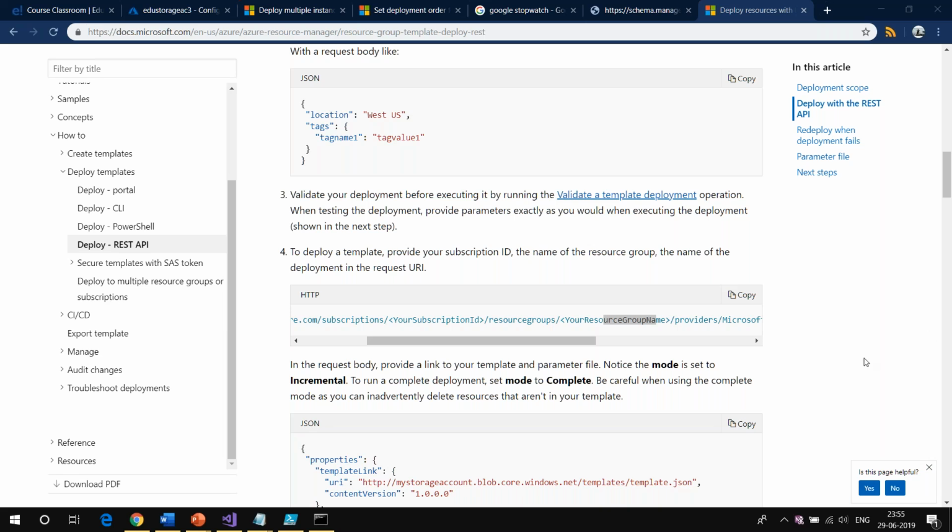REST API is a pretty simple way of defining the APIs, the REST structure. So you can make a call like this to the REST API. I would not be able to go into the details right now because that's completely out of scope.